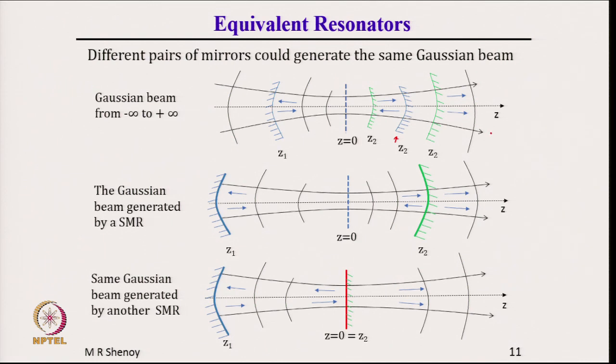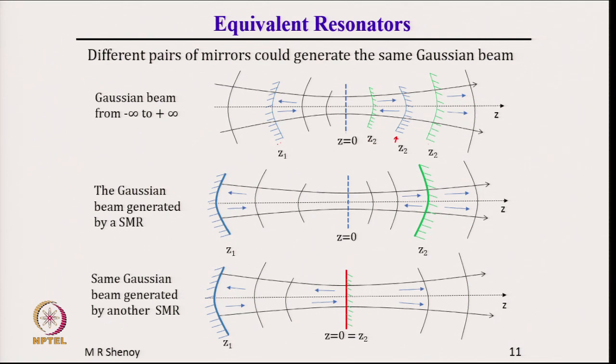So, this is the Gaussian, the black colored one is the Gaussian. So, we want to get this Gaussian. So, how can we get such a Gaussian? We place one mirror here and one mirror here, that is, this is Z1, this is Z2. I can have Z1 here. If the radius of curvature of the mirror is different, then I place it at a different position such that the curvatures fit Z1 here and Z2 here, or Z1 here and Z2 here. All these configurations will give the same Gaussian.